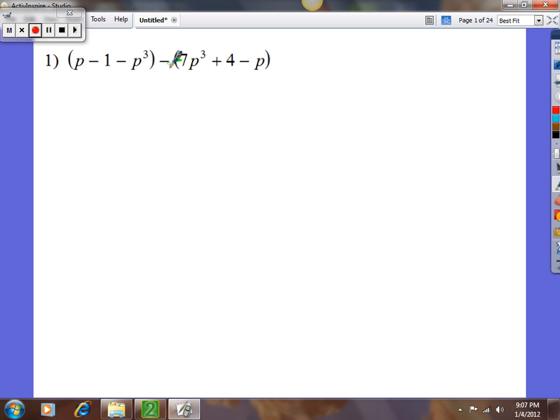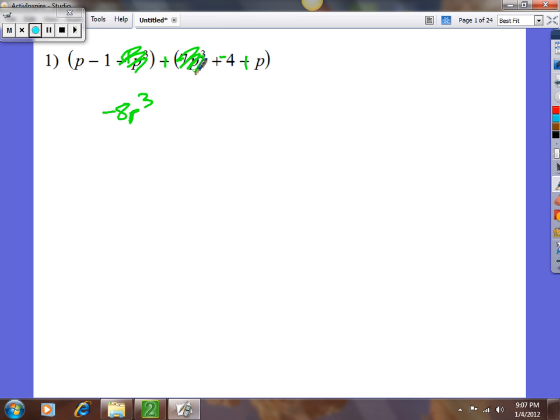I'm going to take the negative to the 4, make it a negative 4, and the p is already negative, so that's going to turn into a positive. Now you just add them up, and if we go with the highest exponent, that's going to be your p cubed. So you got a negative 1p cubed and a negative 7p cubed, so your total is negative 8p cubed,